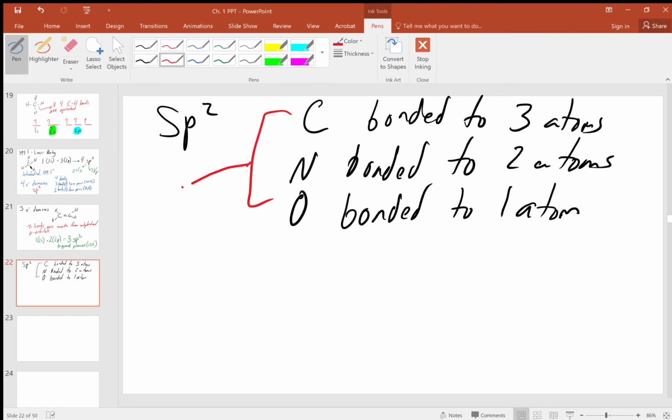All of these have 1 pi bond. Now, it's not necessary to have a pi bond in order to be sp2 hybridized, but it is necessary for the molecule to be bonded to 3 other atoms, or